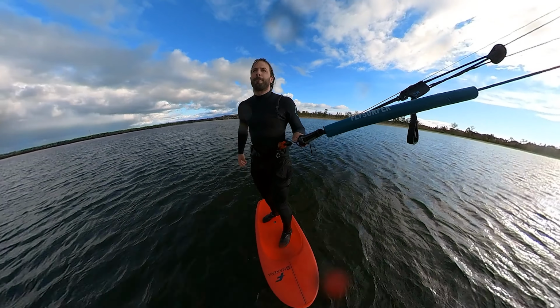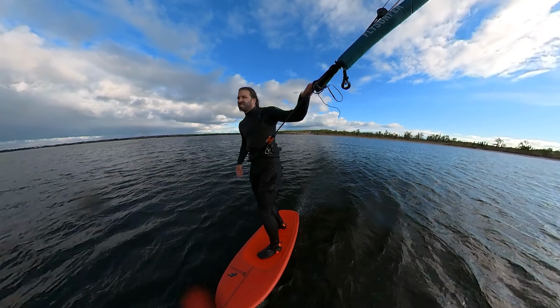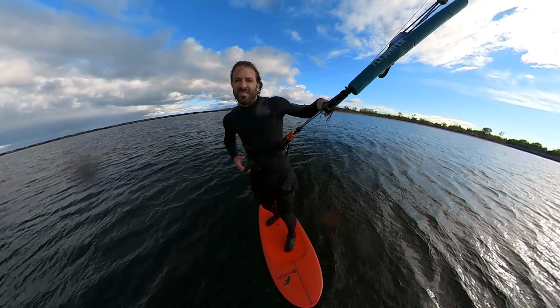I know all you kiteboarders out there are like, why wouldn't I just kite foil? Well, because you need enough power in your kite to board start from a sitting position with a kite foil. Boards are small, and you need a lot of power from the kite to rip you out of the water with that water ski kind of start. And starting on your knees, you can plane out with almost no power in the kite at all, build apparent wind,